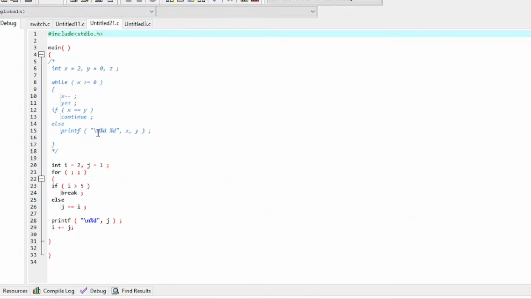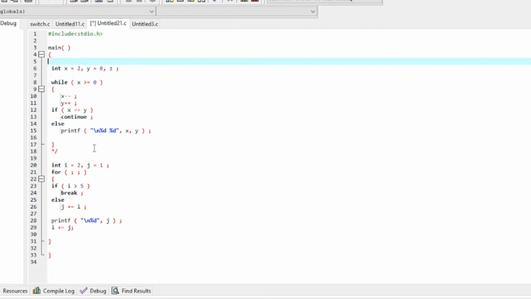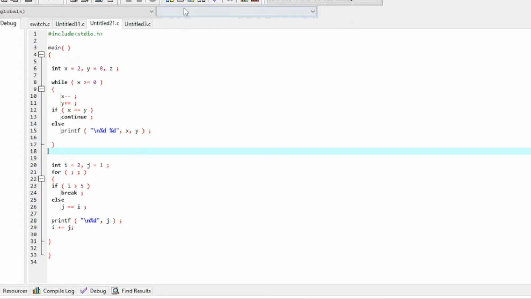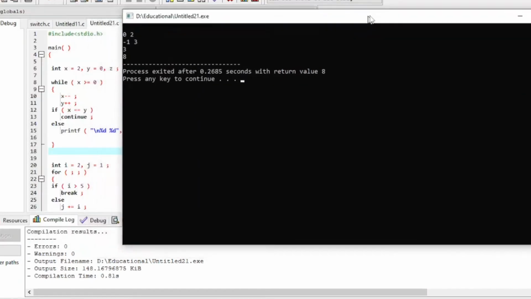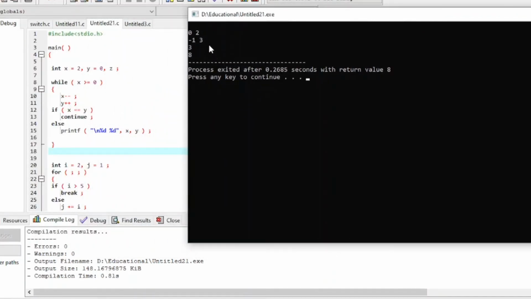Okay, then now the next one. Here I have written while loop, if else, and continue. Okay, so let's see what is printed here. 0 2 minus 1 3 3 8. Okay,